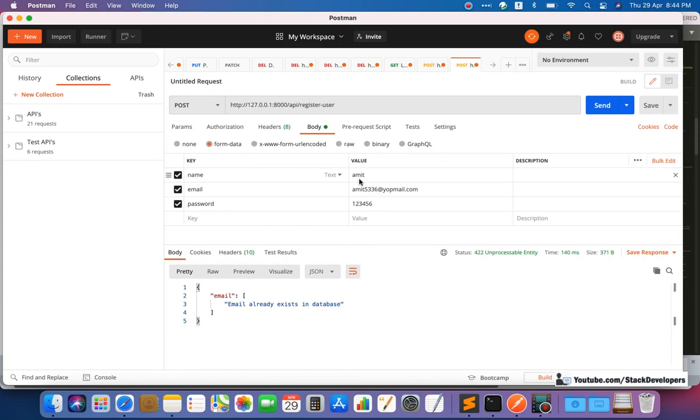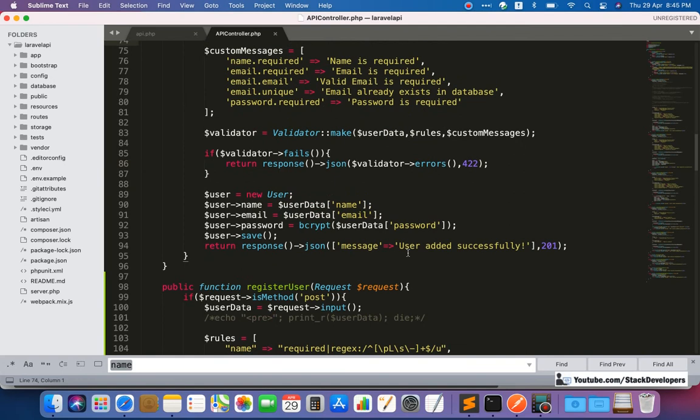And if you miss any entry, then it will also ask you to enter the details, like name is required and email already exists in database. So the validations are working fine here. You can use this validation. The Laravel validation rules and everything seem to be working fine. Now for a new user, with a new email, it will work fine, and for that I am going to send